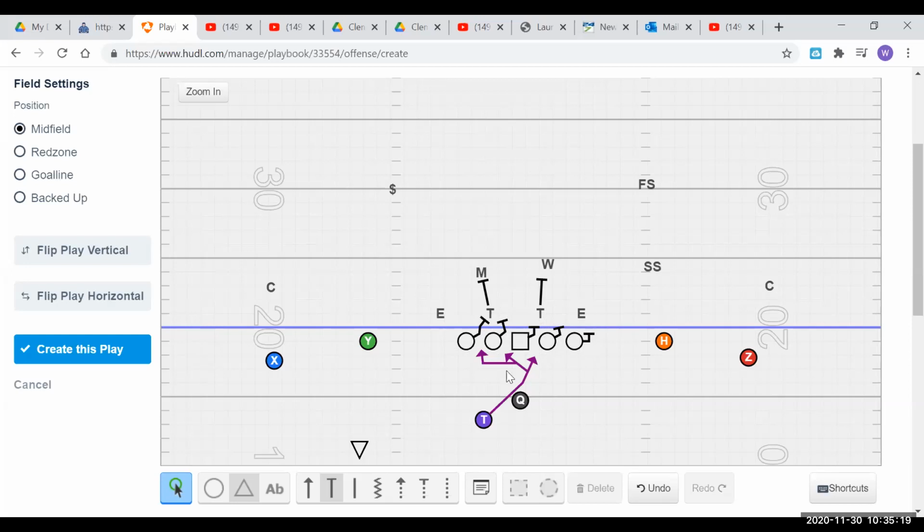Now, we are not blocking like in your regular inside zone read. We are not blocking the backside defensive end. And if it's an odd front, this could be a walk-up linebacker as well. And I've got some odd front clips here I'll show you. We're not blocking him, at least not with a body. The quarterback is actually blocking this cat with his eyes. So he's just simply going to read him